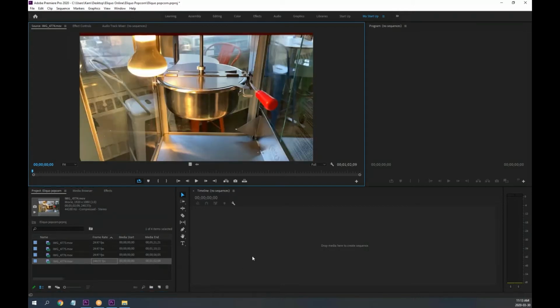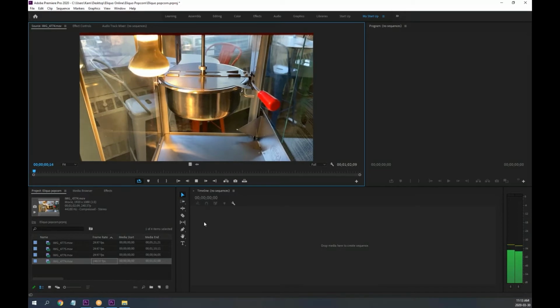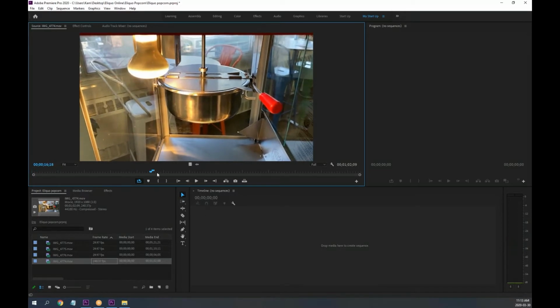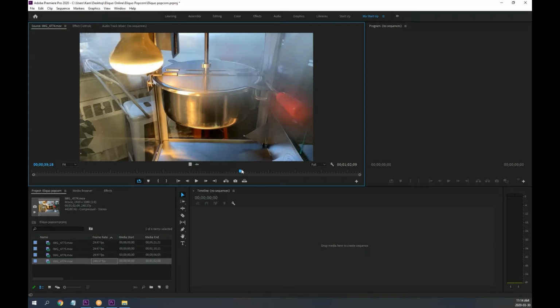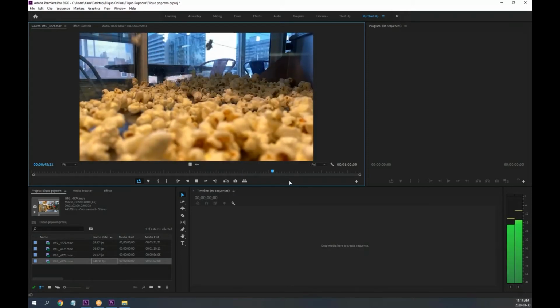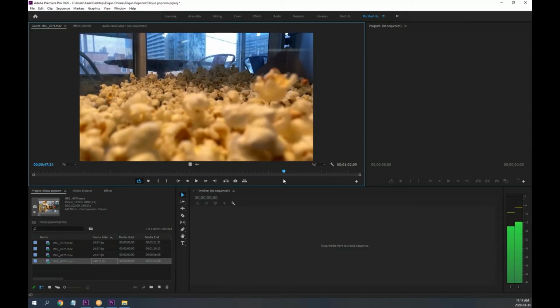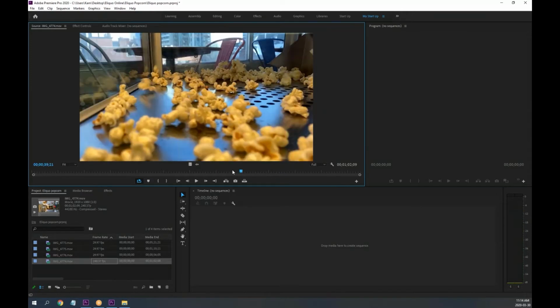I shot it in slow motion because I thought to myself, you know, it would be kind of cool if you watch it in slow motion and the kernels are falling. So I'm just going to show you the guys right here in the middle of it somewhere that the popcorn is actually coming out. Right here. Now you're going to say, well, what kind of slow motion is this? Because what you see,